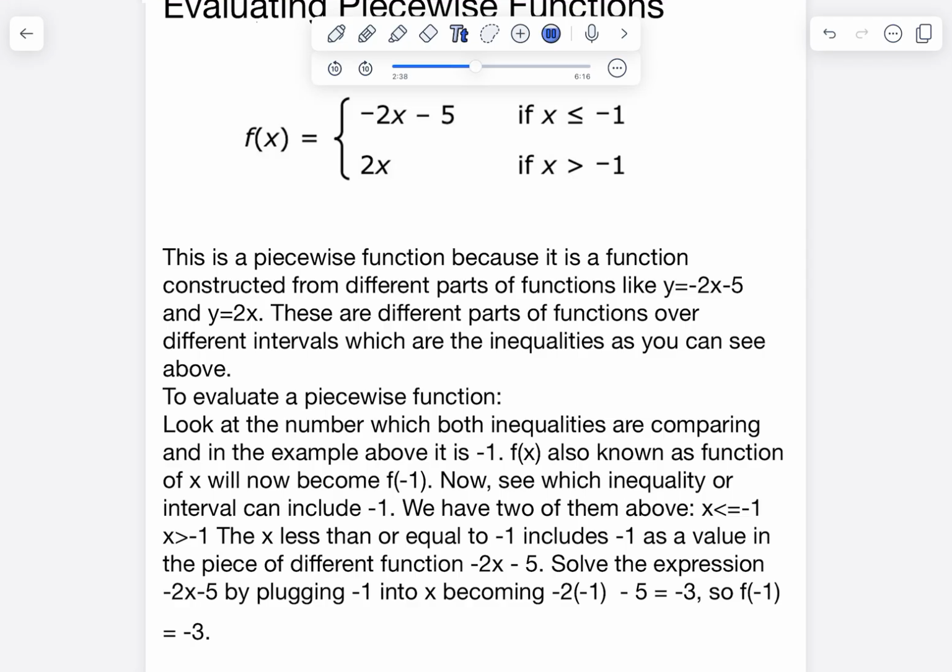Because since the inequalities are both comparing negative 1, we are just going to do function of negative 1